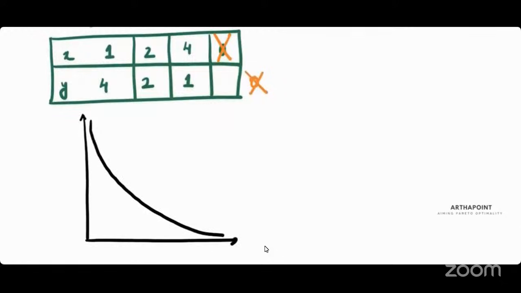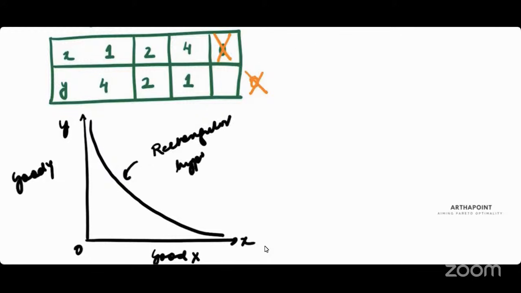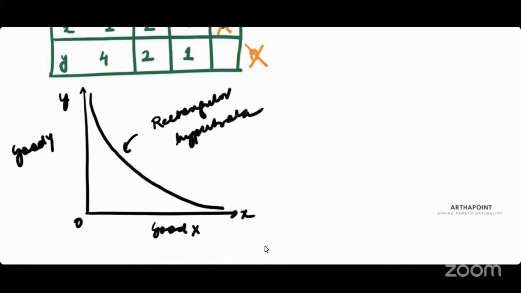It may approach the x and y-axis, but it will never cut the x or y-axis. So I can have this as x or y. This is good x. This is good y. And this indifference curve is really a rectangular hyperbola. It tries to touch the x or the y-axis, but it really does not intersect the